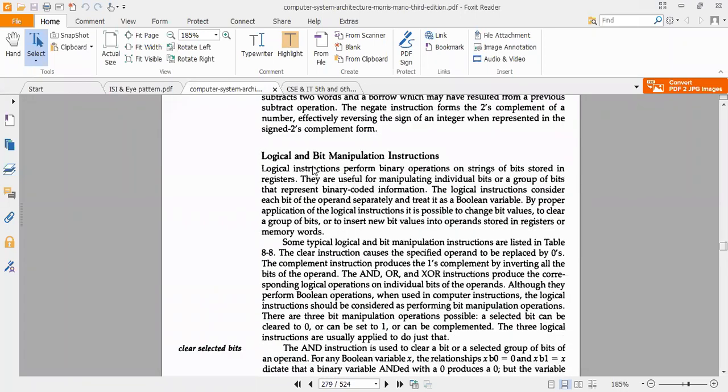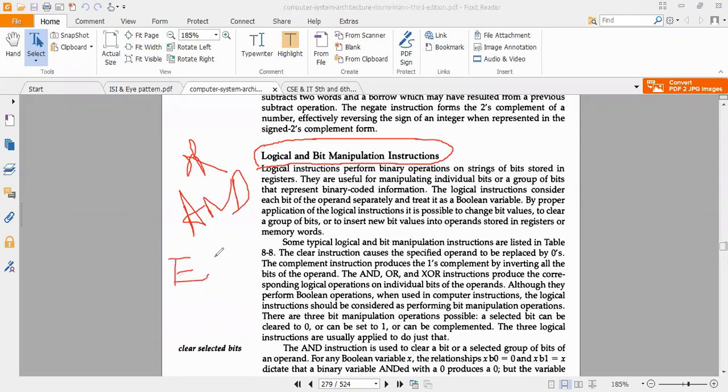Now the logical and the bit manipulation instructions. It is not necessary to mention them because you people know the AND operation, OR, and exclusive OR operations.